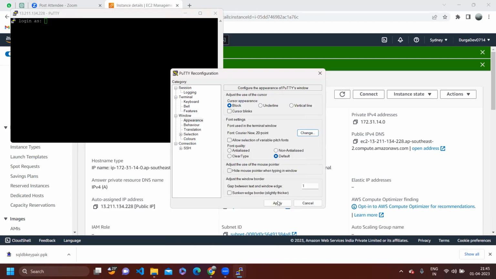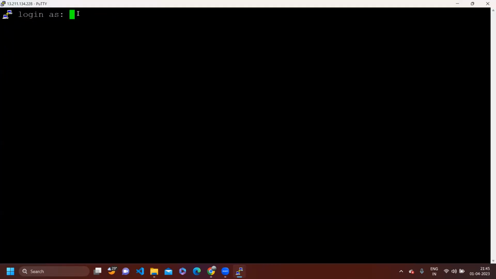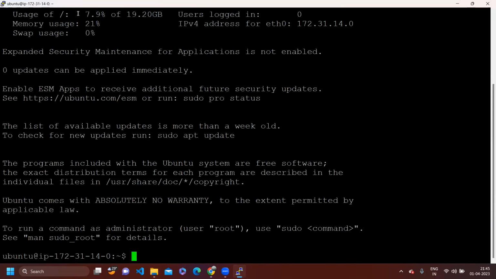So here we are increasing the font size so that everyone can see. Now the username of the system you have to give. Normally, if you're using Ubuntu, the username will be Ubuntu, not EC2. Don't write EC2. Direct Ubuntu. Enter. So when we give the username and use authentication with the key pair, it will be connecting